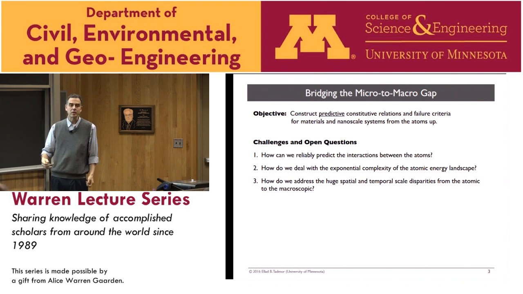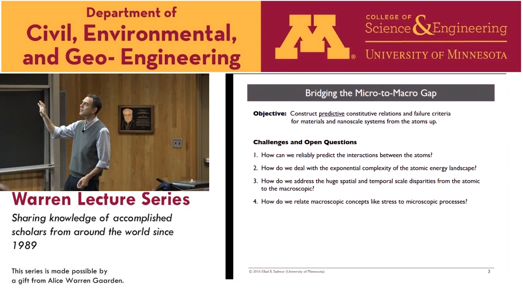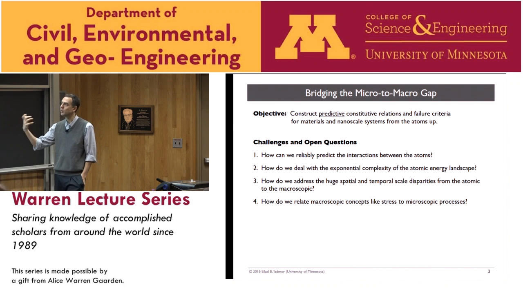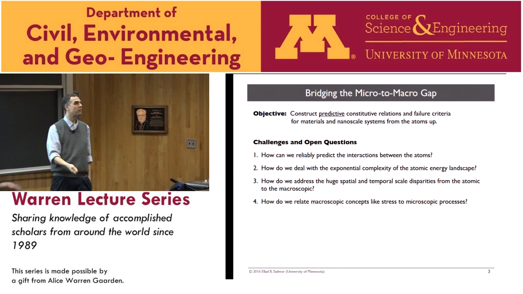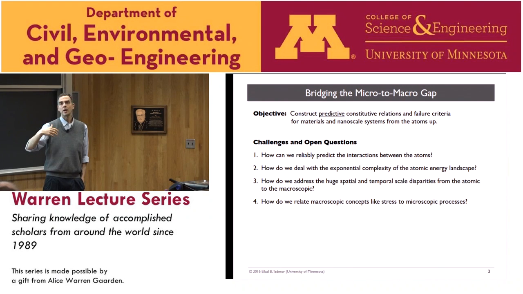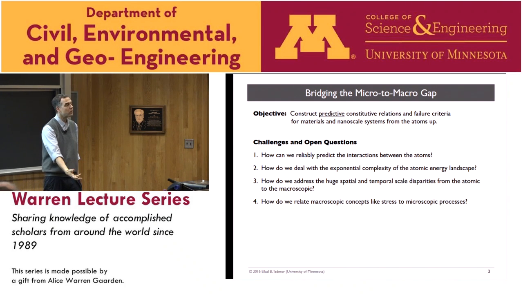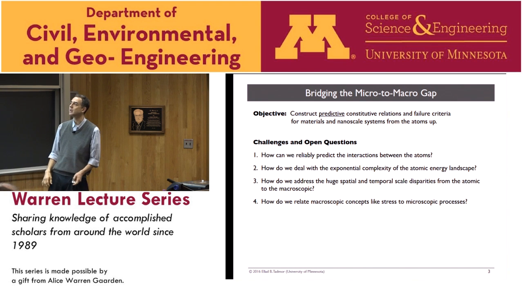Then there's the obvious thing, which is that we want to go from small times and small separation length scales to macroscopic times and scales. And so how do we make that connection? That's the third issue. A fourth and a fifth that I'm not actually going to talk about in this talk, but that we work on. One is how do we relate macroscopic concepts to microscopic ideas. So concepts like stress or heat flux at the macroscopic or continuum level, what are those actually at the atomic scale? I won't have time to go into that really.